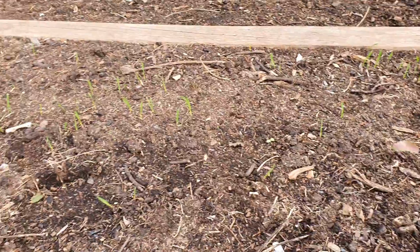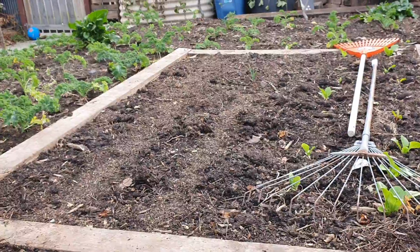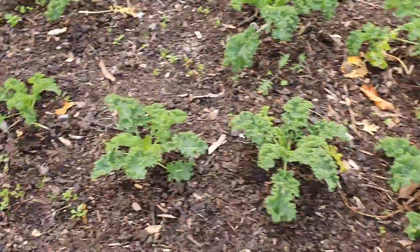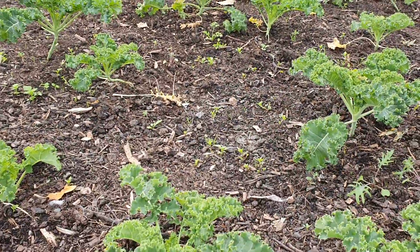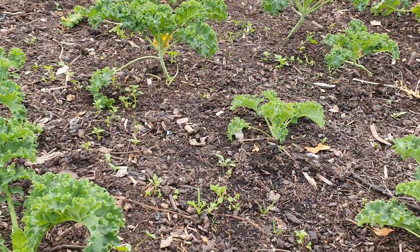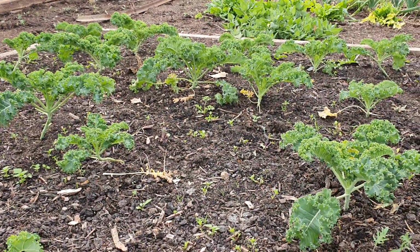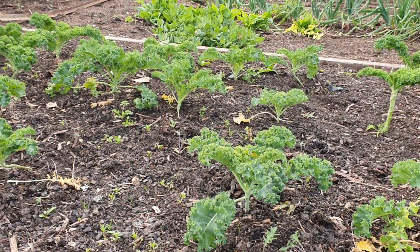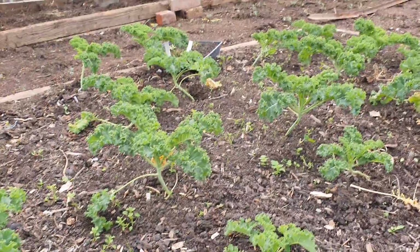The rows of seedlings haven't come up yet. I've got some chicken food come up here, my son put in, so I'm hoping these rows of seedlings will come up soon. A bit impatient on that. And I want to plant some lettuce under here and weed at the same time, but a lot of these aren't weeds. A lot of them are chickweed, which I'll actually just let get bigger. There are no weeds in here. Maybe there's one there I see. And so I want to plant lettuce underneath as these stalks get bigger, when I pick the leaves off to give to the chickens. And the chickens were fed some of the kale today,